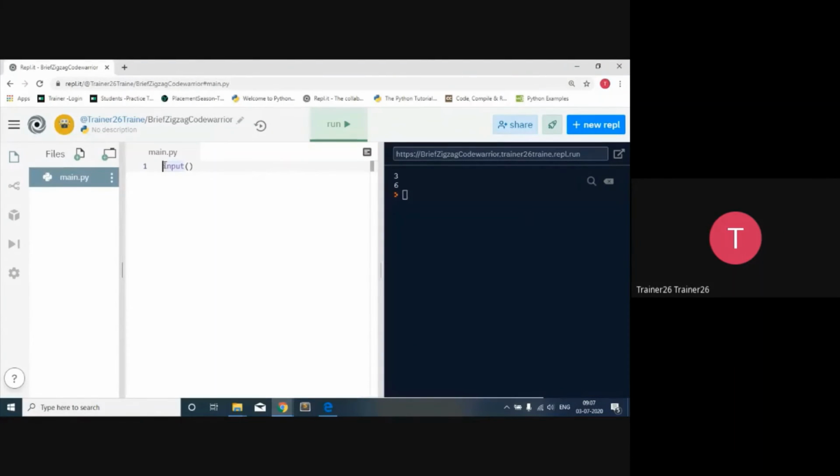X equals to, enter a number. So it will ask me for a number, and when I enter the 4, it is going to print the 4 over here.